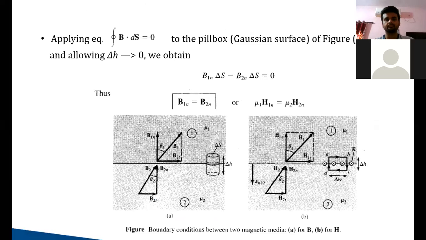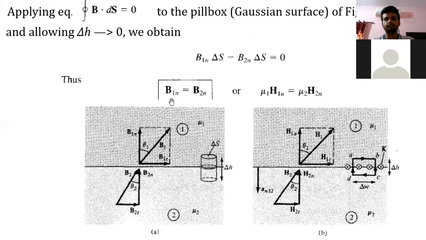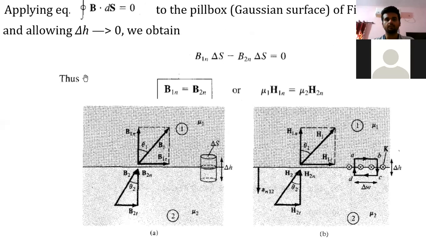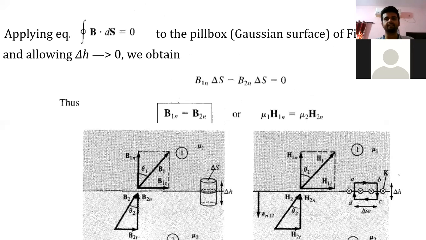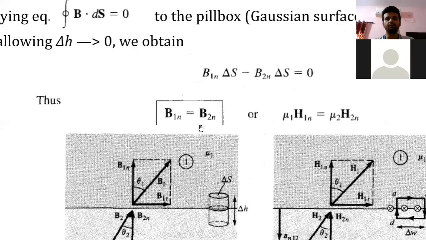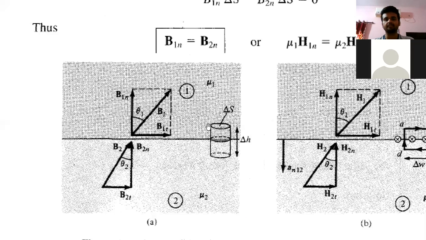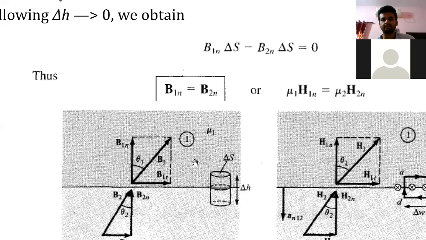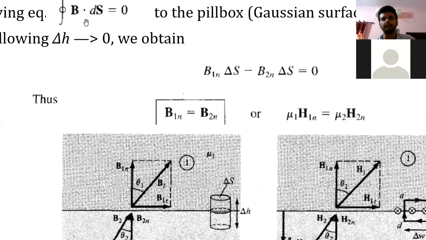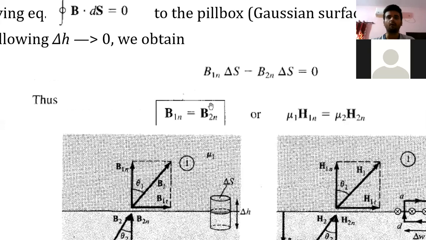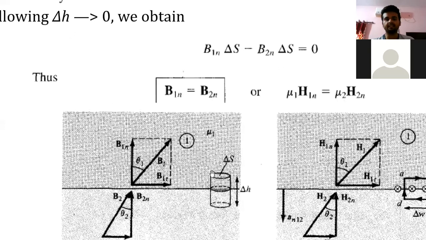Now see, for this case we have magnetic flux density, so we'll be applying Gauss law for magnetostatics here. How to apply Gauss law? Surface integration of B dot dS equals 0. If you carefully notice here, we have two surfaces. This is the top surface, this is the bottom surface, both having an area of delta S. Now, if you apply B dot dS equal to 0 to the surface, how to write the equation? Now, see here.